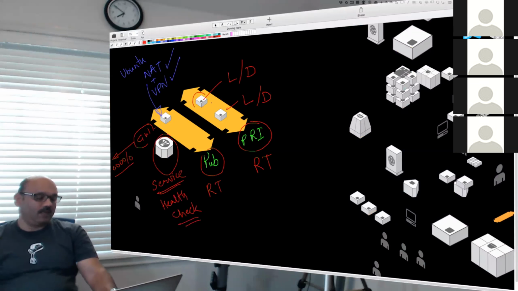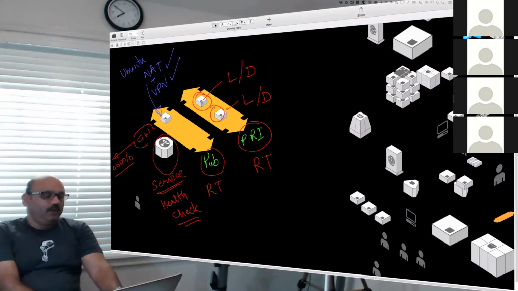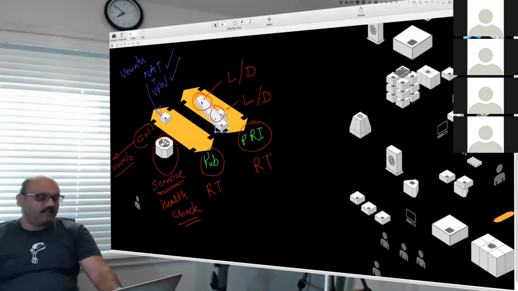On these boxes. You have these boxes and you can have more of them, and you need to do this health check on each and every one of them. If you don't do that health check, you will not know where you want to send the traffic to. And if one of them dies, you need to know that they died, so you stop sending traffic to them. So say, for example, this one dies.